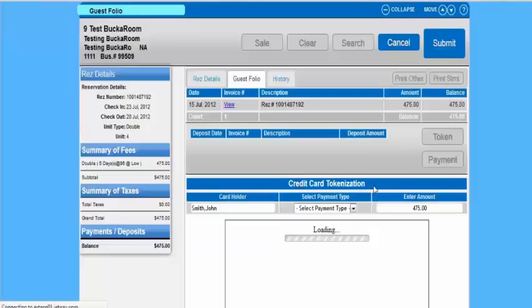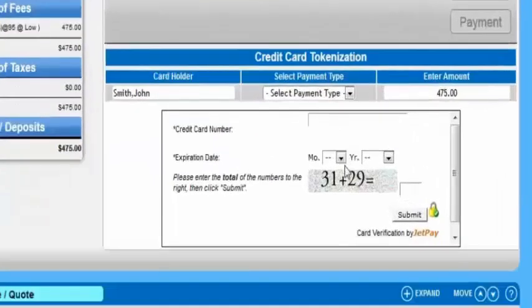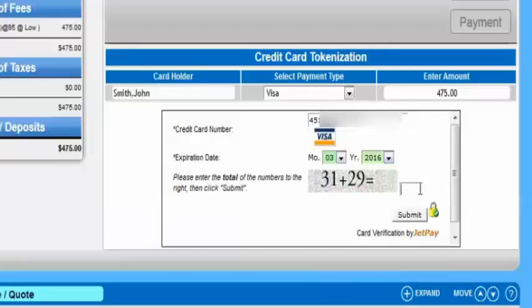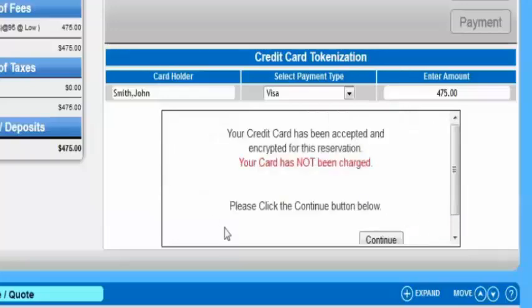It takes you straight into the credit card tokenization, and this allows you to record a credit card detail with PCI standards, which is the payment card industry standards for storing credit card details. So we can select that we've got a Visa card from the guest. You can put in a test Visa card number, any date, and you just answer the question. And it says the credit card's been accepted and encrypted. You continue there,